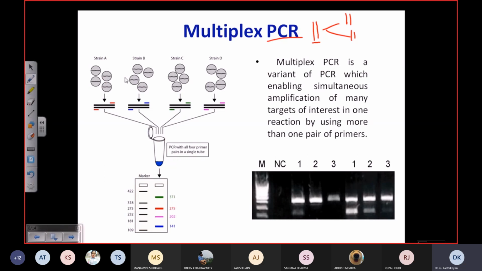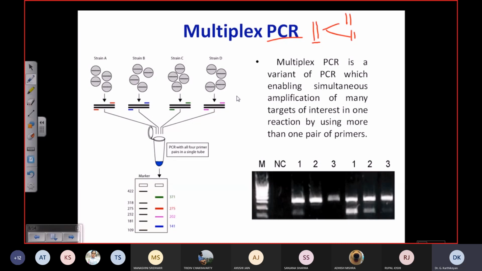Suppose we have four different strains here, and from these four different strains we need to generate our DNA sequence. Also, sometimes what we need to know is, inside the cell, the amount of amplicons that are present and the type of amplicon that is present or not. So for understanding the presence of any amplicon inside the cell at a particular time, this multiplex PCR is